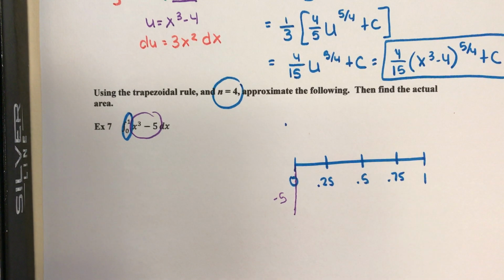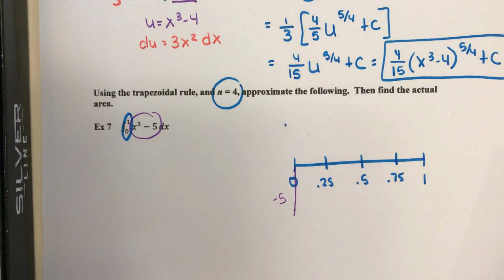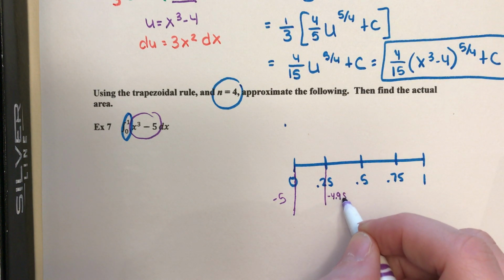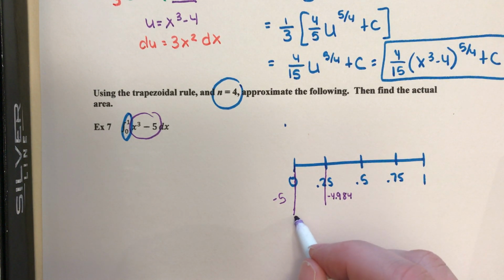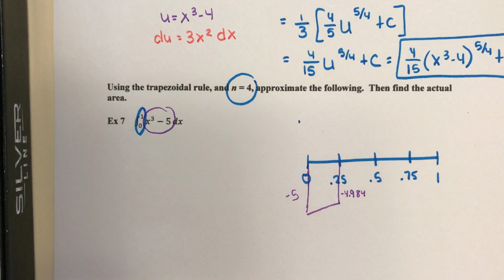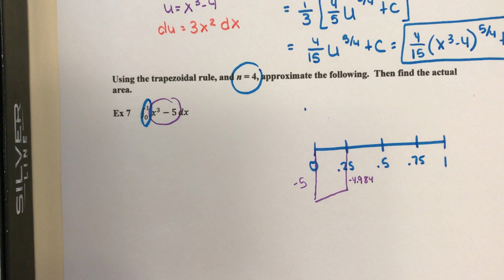And I'm going to get my height at 0.25. So I'm going to use my calculator to plug that in. 0.25 to the 3rd power minus 5 gives me -4.984. We're going to connect those to make a trapezoid. So if I want to find the area of that trapezoid,